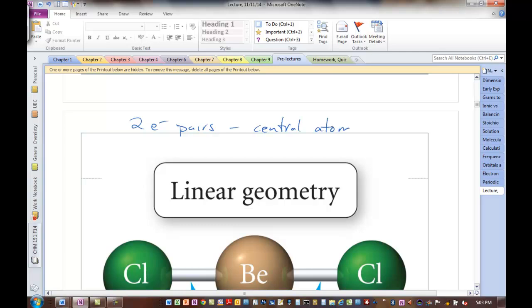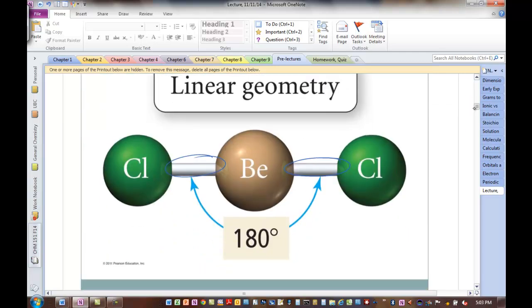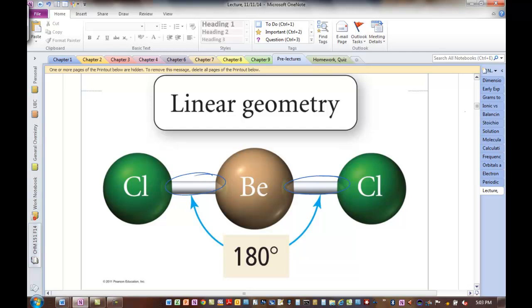Okay, so we're only focusing on the electron pairs around the central atom. So here's our two electron pairs. Let me scroll up just a little bit so you can see this. In beryllium dichloride, I think it's obvious. Some of these structures are going to be really obvious. If we have two electron pairs, they're going to try to get as far apart as possible